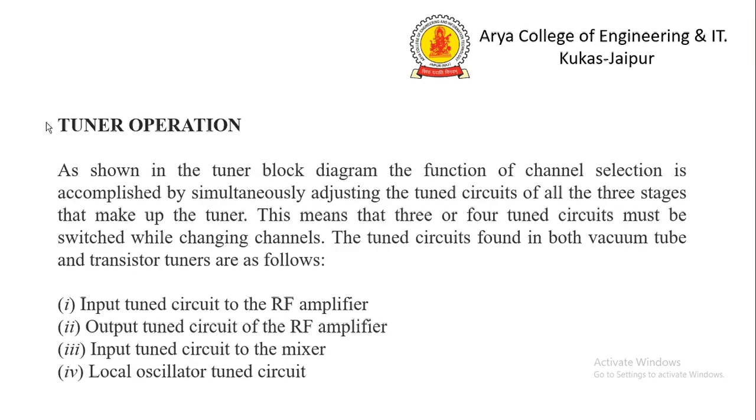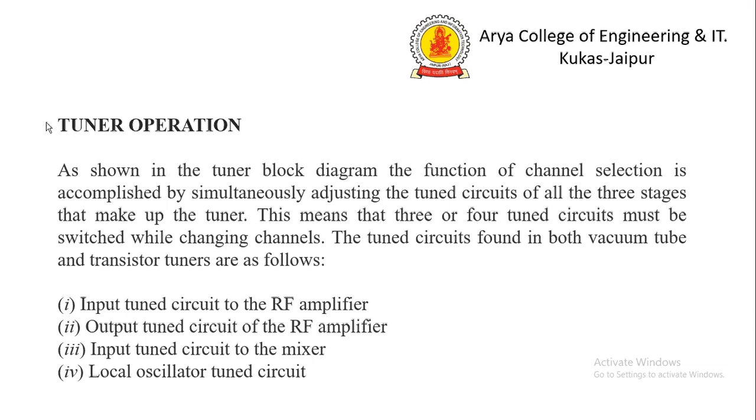Tuner operations. As shown in the tuner block diagram, the function of channel selection is accomplished by simultaneously adjusting the tuned circuits of all the three stages that make up the tuner. This means that 3 or 4 tuned circuits must be switched while changing channels. The tuned circuits found in both vacuum tube and transistor tuner are as follows: input tuned circuit to the RF amplifier,